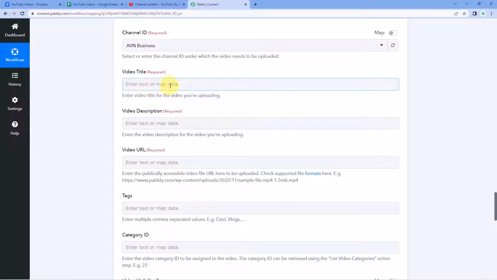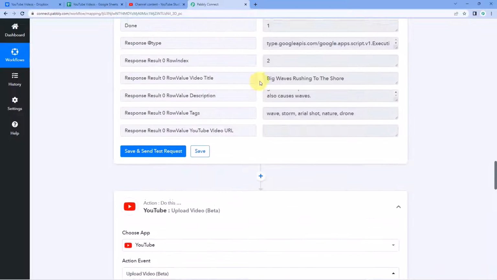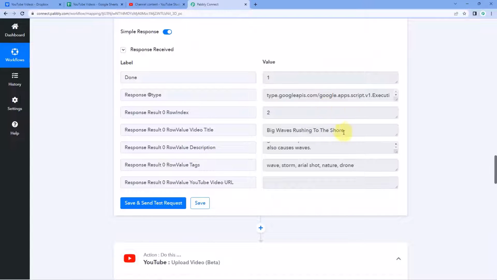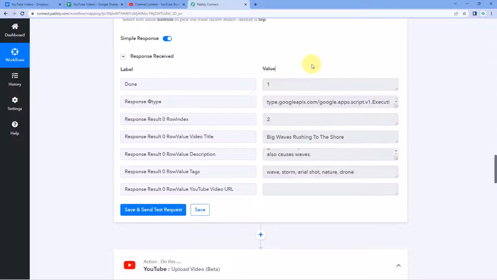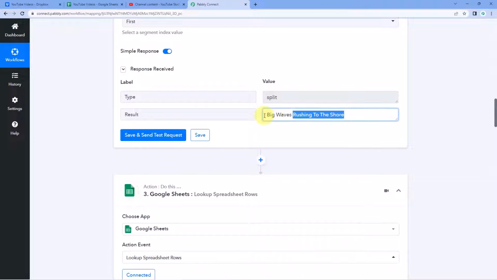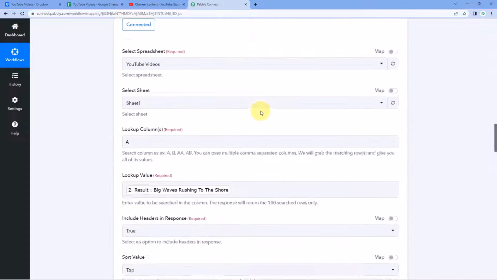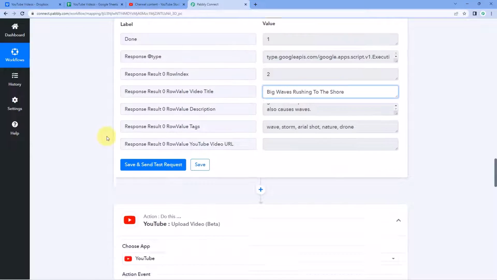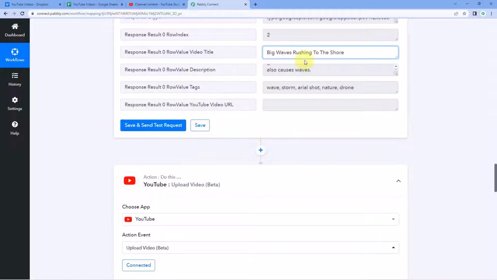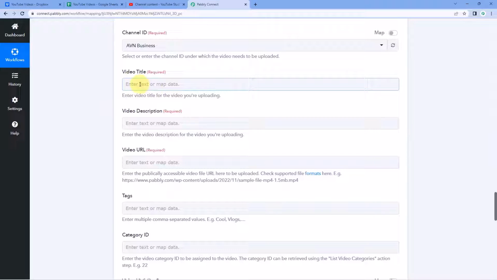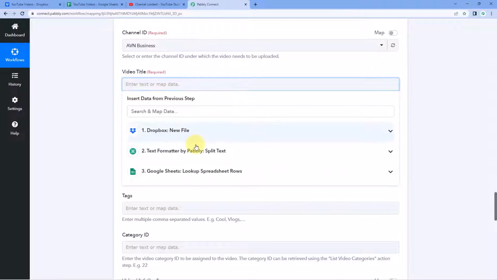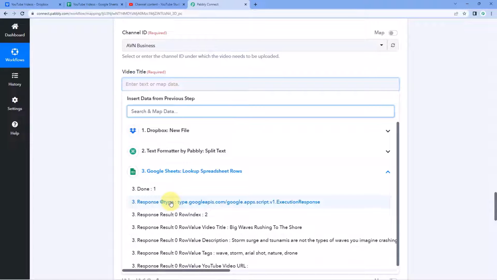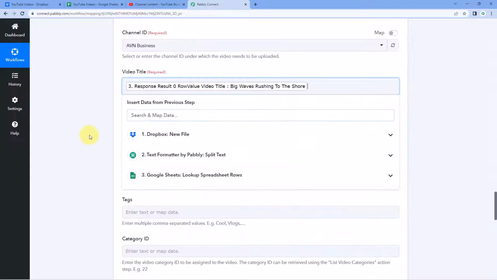Then it is asking us for the video title, that what will be the title of the video which we are uploading. So we have received the video title in this Google Sheet response over here, or also you can map the same response which we have received using text formatter, whatever is convenient. So we are going to use this title from the Google Sheet. What we have to do is map this response of title in this field of video title. Just click here, and from the drop down below, from the Google Sheet responses, select the response of video title